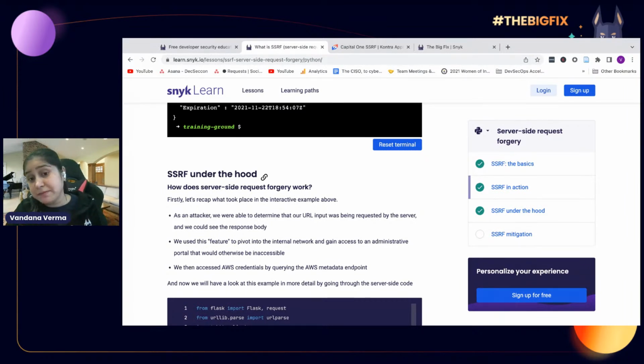We would be able to maybe get access to a local file on a server or make a request to the database and get every possible database. Like in case of Capital One, the user was able to get access to all the credit cards, one big breach on that. Another one was port scanning. So I would be able to get access to internal ports and see what all ports are running what services and plan a proper attack based on that.